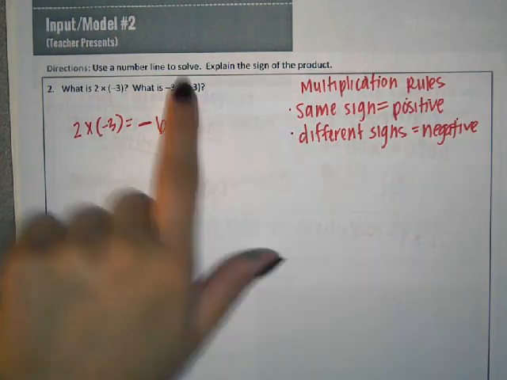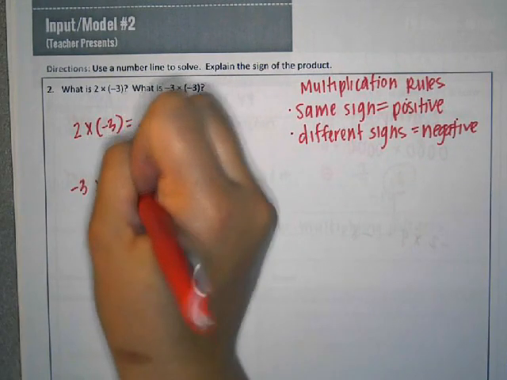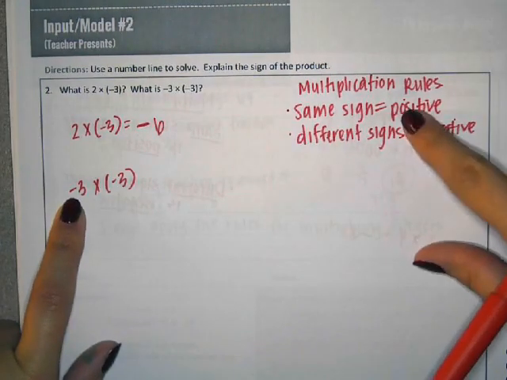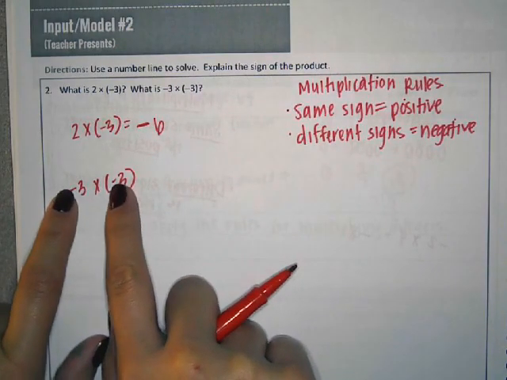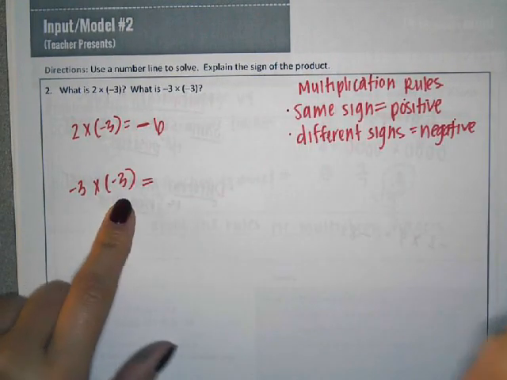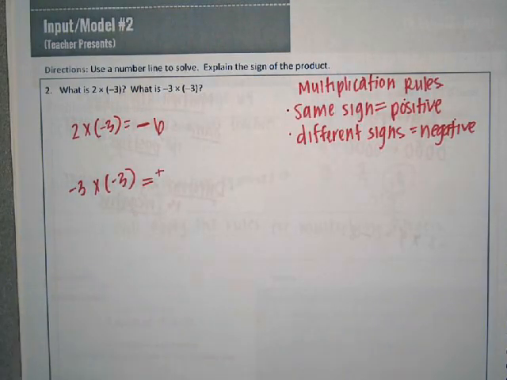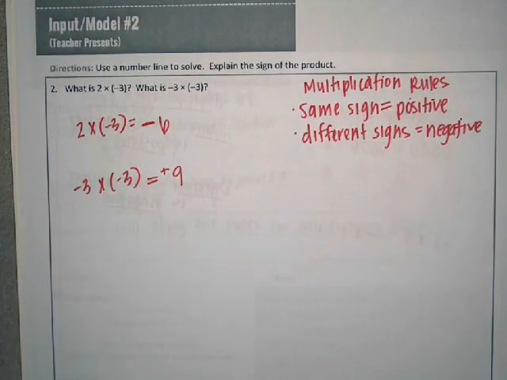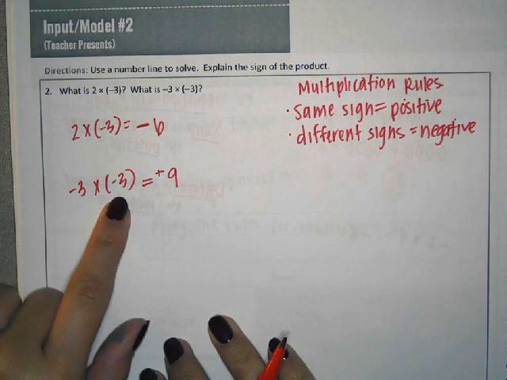Using those same rules, we're going to do the next one. Negative 3 times negative 3. Do they have the same sign or different signs? They have the same sign because both are negative, right? Two of the same sign, negative and negative. So same sign gives me a positive answer. We don't need to put the positive sign, but if we want to, we can. And 3 times 3 is 9. How this one works is if we want to do negative 3 groups of 3, you can